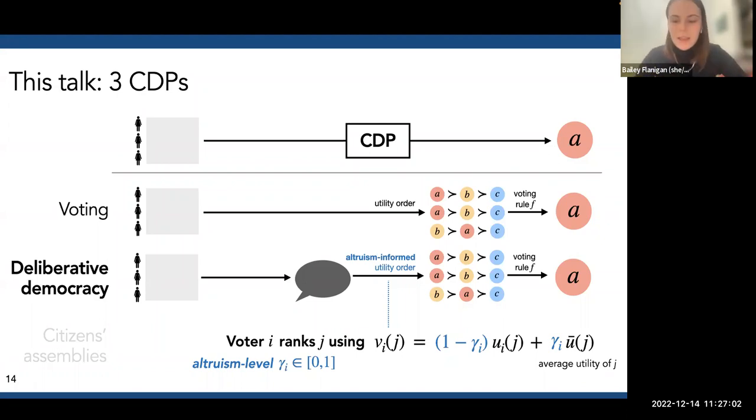Okay. And so you might be saying, how can they know the average utility? What you should be thinking of is really this process of deliberation is partly causing exposure to other people's experiences and beliefs and interests. But we're going to address this assumption much later. For now, suspend disbelief and assume that people can compute this quantity in order to actually be able to rank alternatives in this way. But we'll talk about that because that's a very good question.